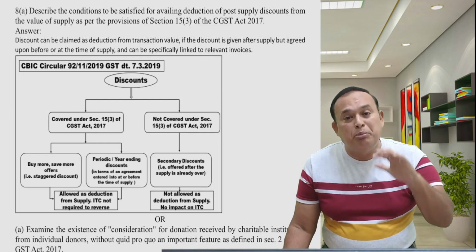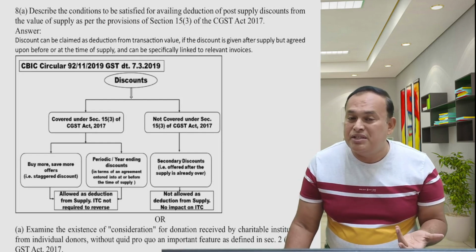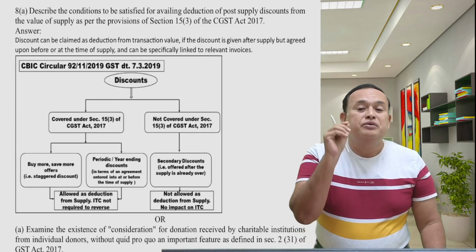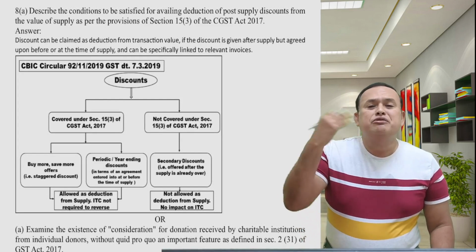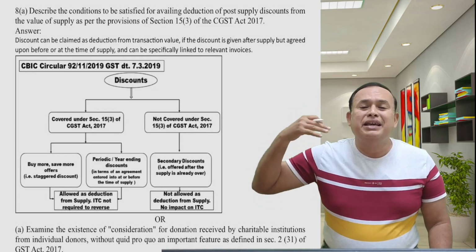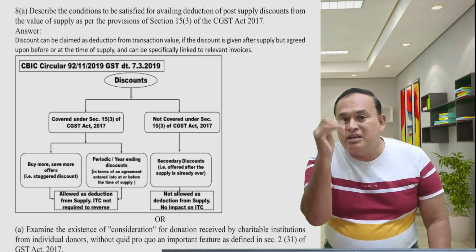Though the discount may be provided post sale, post supply of goods or services, no problem. But the indication should be there at the time of supply. If it is neither indicated in the invoice nor provided before supply, and subsequently at a later date the discount is offered only to realize the early payment, such a discount is not allowed as a deduction.